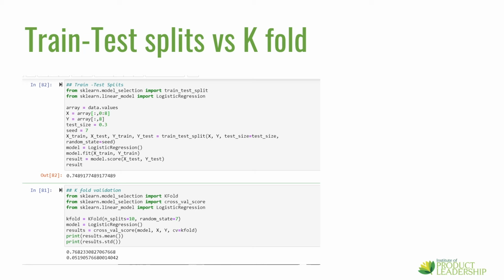The second block of code demonstrates the method using k-fold validation. We start by importing k-fold cross-validation score and logistic regression from sklearn library. The cross-validation folds are set at 10. You can also use 5. Feature matrix X and dependent variable Y are already separated in the previous block of code. Therefore, we input them in cross-validation function using the logistic regression model and check the model accuracy. Model accuracy across each fold is summarized through a mean accuracy of 76.8 with a standard deviation of 0.05, that is 76.8 plus minus 0.05.